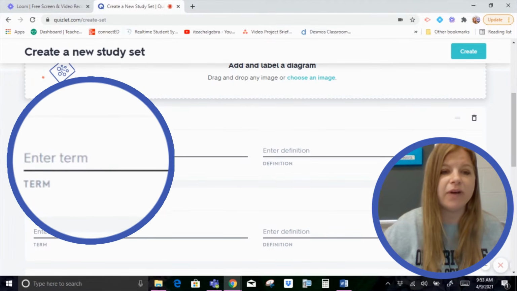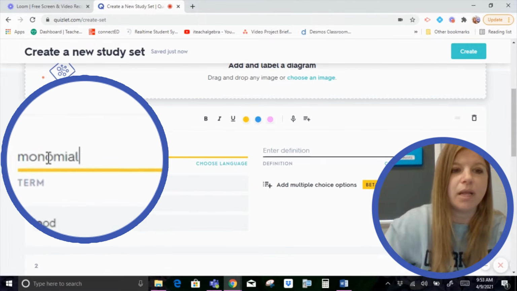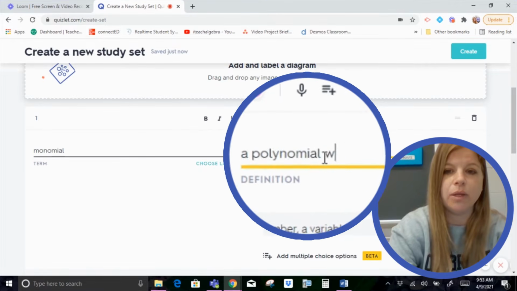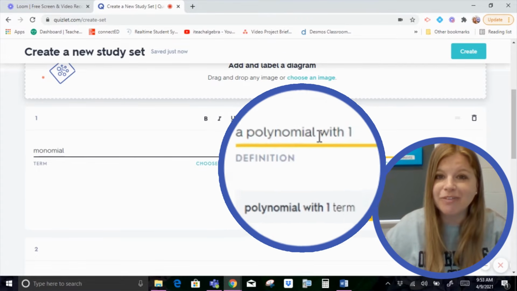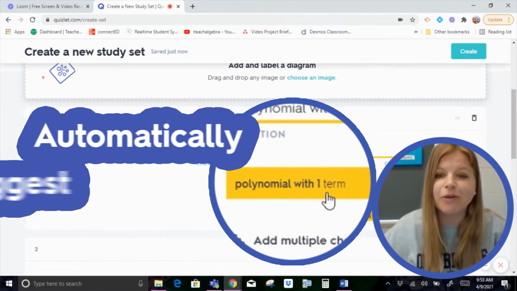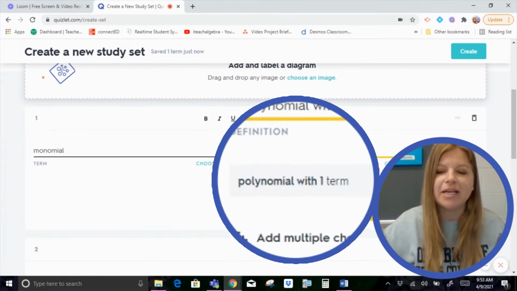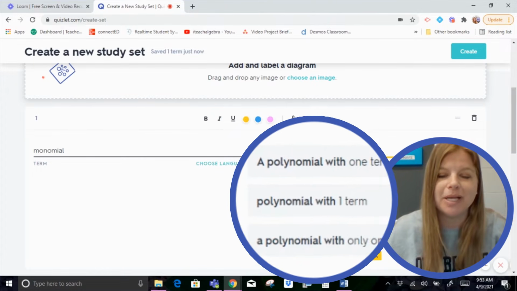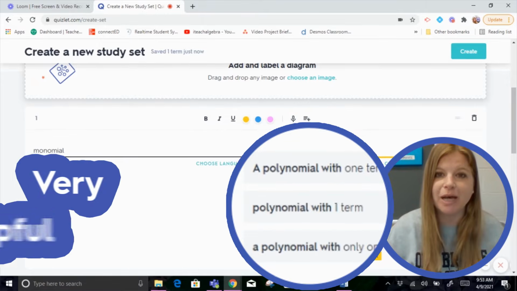definitions. So if I said I want to study the definition of a monomial, I would say that a monomial is a polynomial with one term. Now take a look. I didn't even write the word term in, and it already auto-populated because someone else has already created this study card. Even if I was to take out that, you can see it says one term, only one term. So it's actually pulling up things that other people have created, which can be really helpful when you're creating your